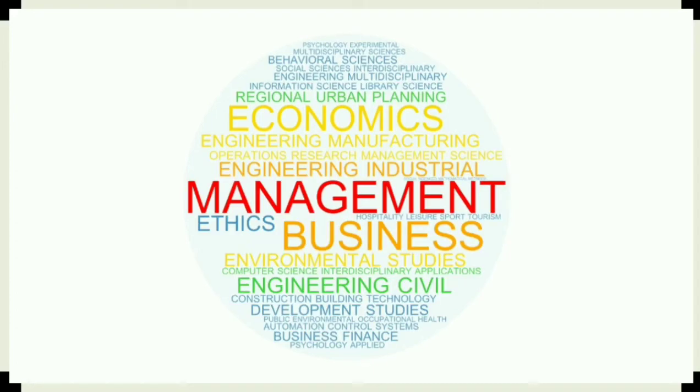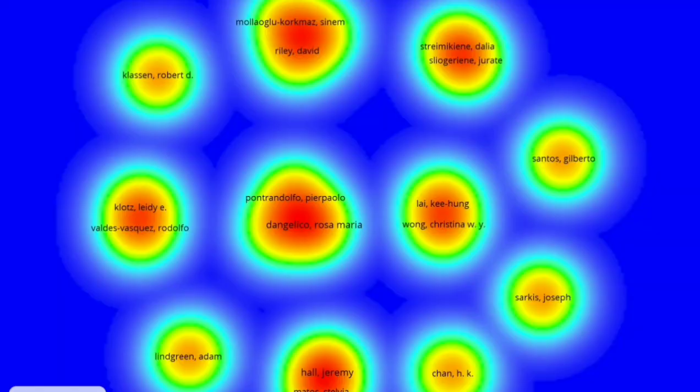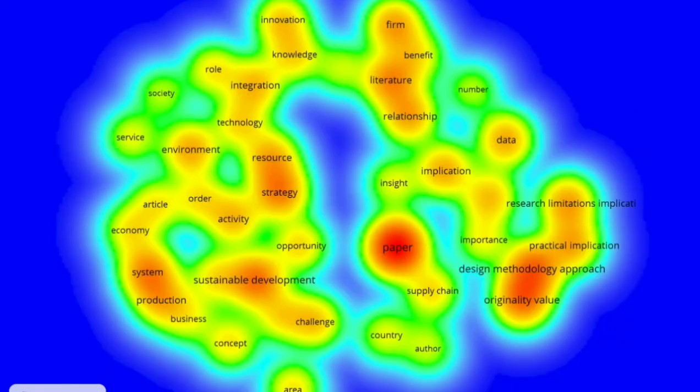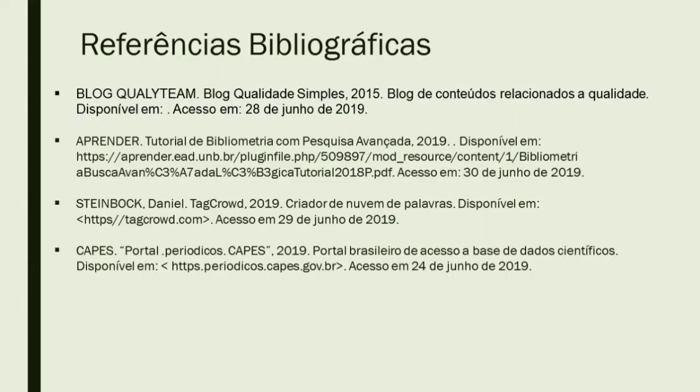Figure 14 shows the trend map generated by the program through the abstracts and titles of the articles. With it, you can see which subjects are most cited and what the trend of articles is. The issues of sustainable development, along with challenge and opportunity, stand out, which is very interesting, since sustainable development is seen in 2 ways, both as a challenge due to the difficulty of changing the mindsets of societies and industries, but also as an opportunity for innovation and even for the economy. It is important to highlight the relationship between research and strategy,